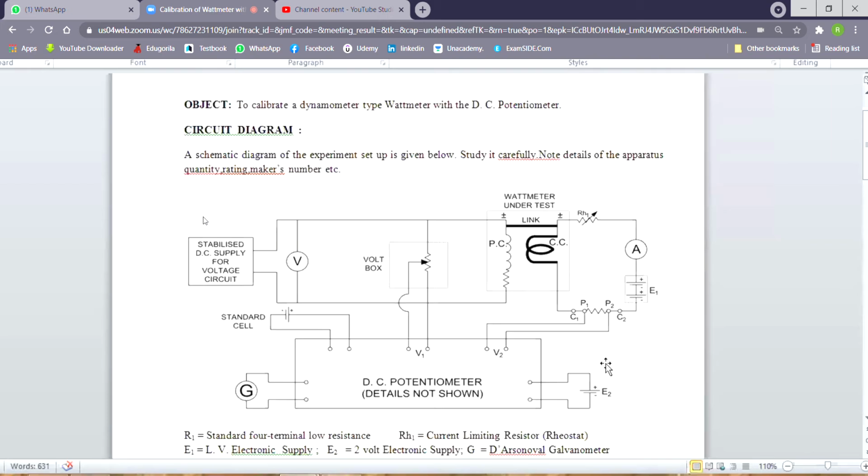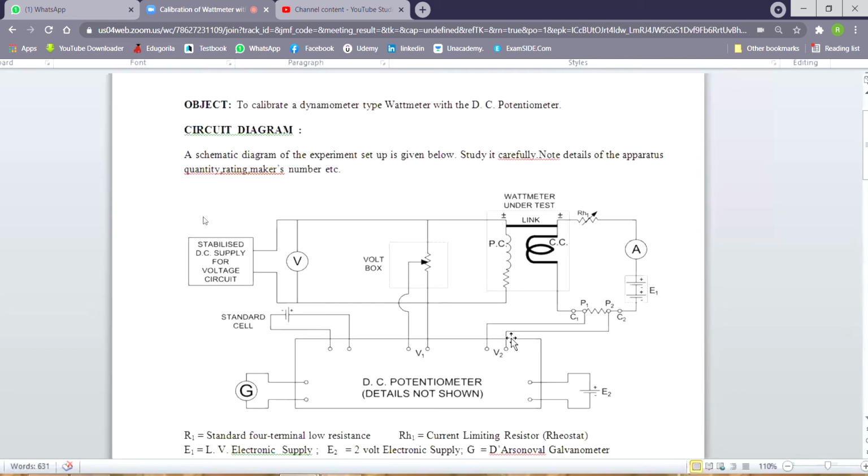So a lot of electric bill will come just to perform the experiment for 1 hour, 2 hours, and the experiment will run almost every day. Who will pay the money? We want to save time, save power, save energy, and save money also. That's why, instead of direct loading, we opt for phantom loading.